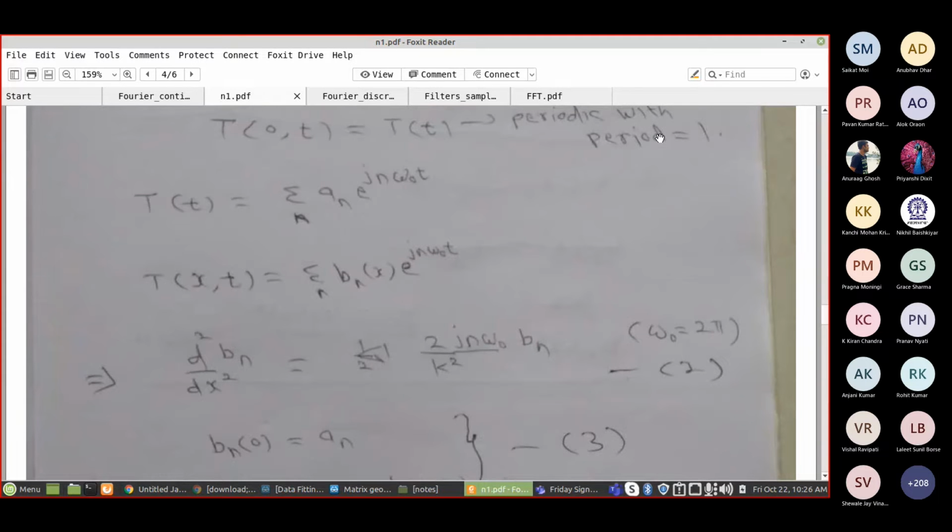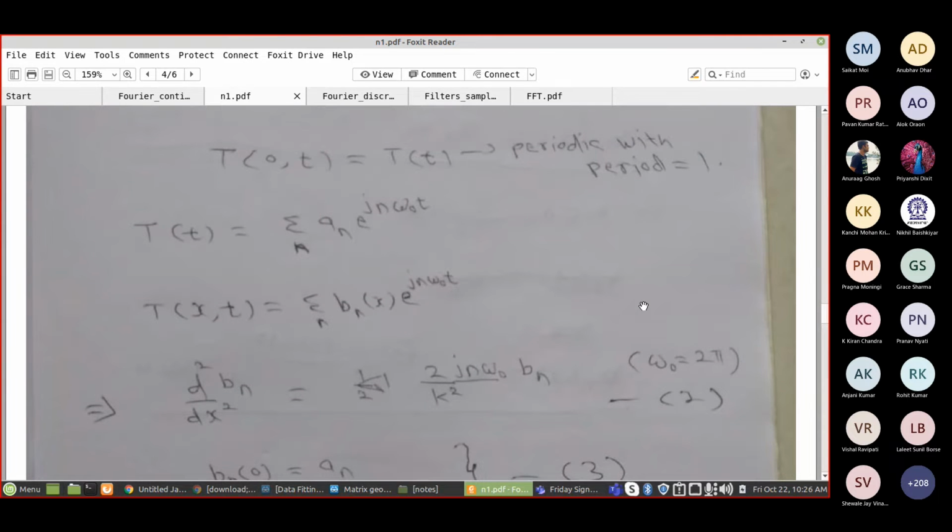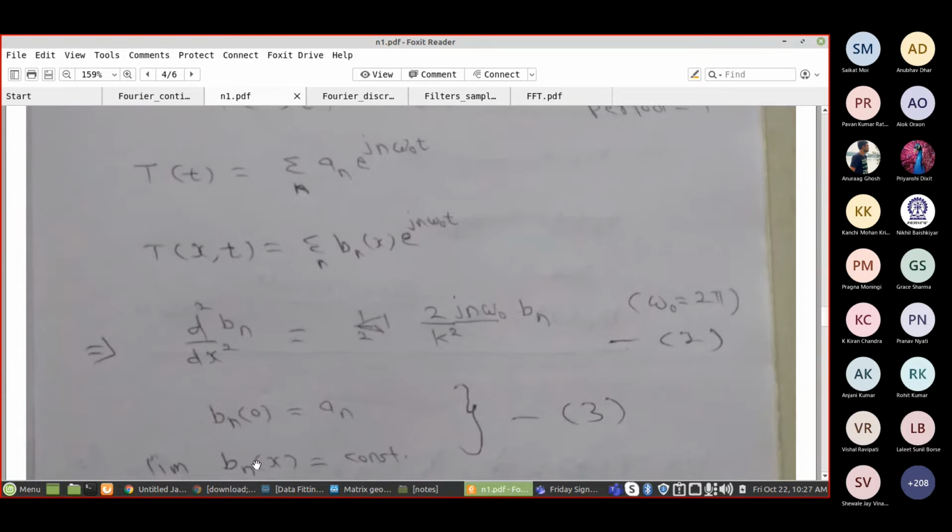So omega naught is 2 pi over T, and capital T is 1. So omega naught is 2 pi. We are going to make this substitution also later. Alright, so let's also use this initial condition. We are given that capital T at 0 is this periodic function which is given by this Fourier series. So Bn at 0 must match with these Fourier coefficients. Okay. So Bn at 0 is An,